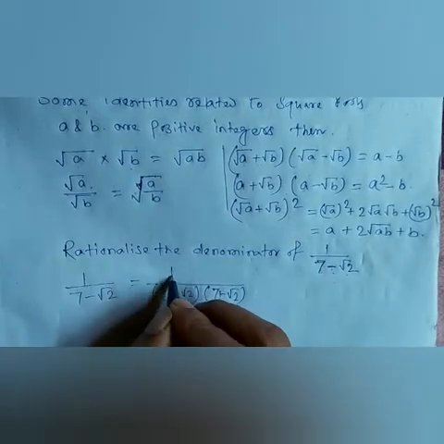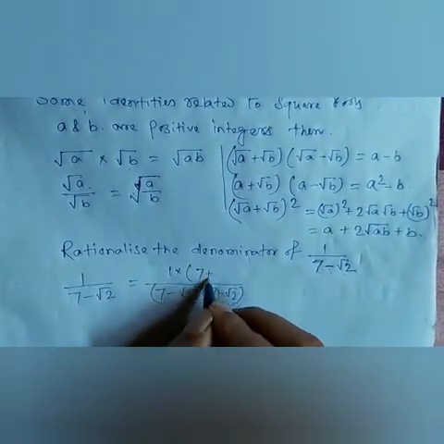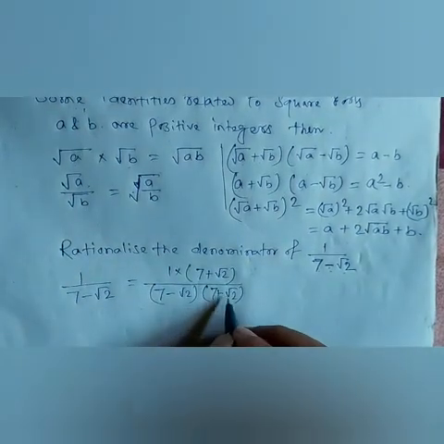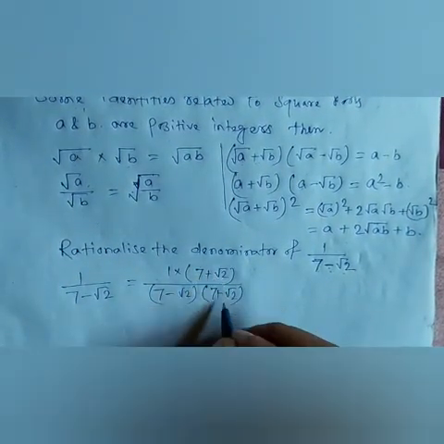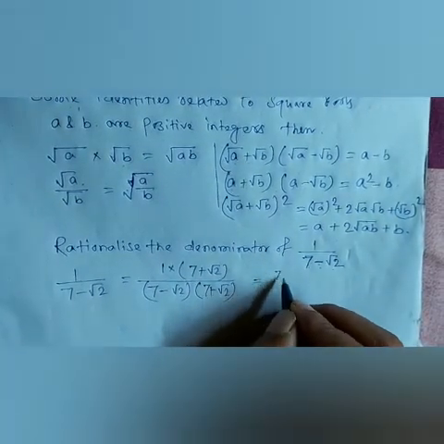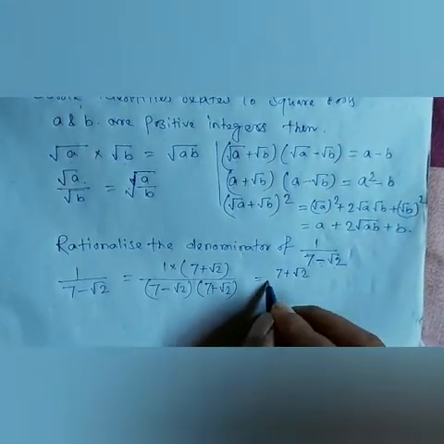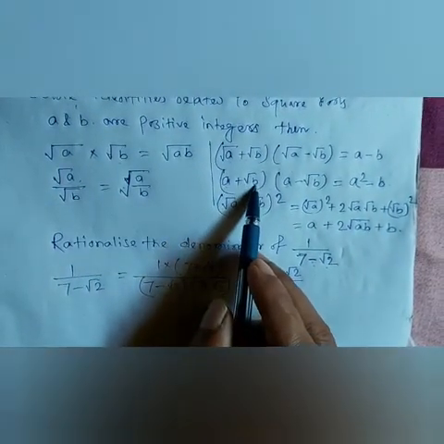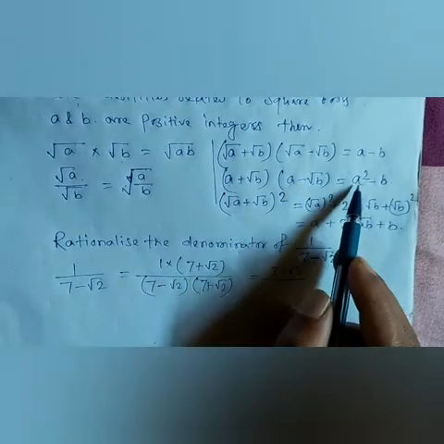both sides. So 1 is multiplied by 7 plus root 2. Here the minus sign occurs, that's why we multiply by 7 plus root 2 in numerator and denominator both. Then 1 multiplied by any number gives the number itself, so this is 7 plus root 2, and in the denominator it is a plus root b into a minus root b, so the value is a square